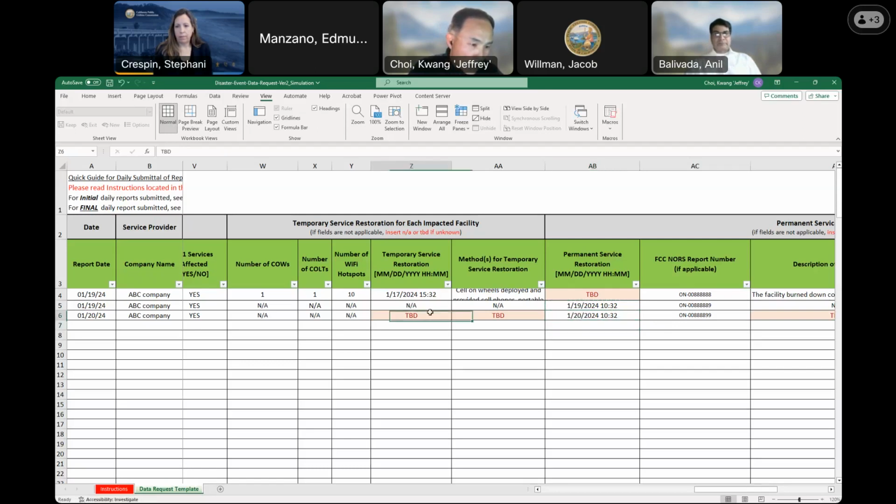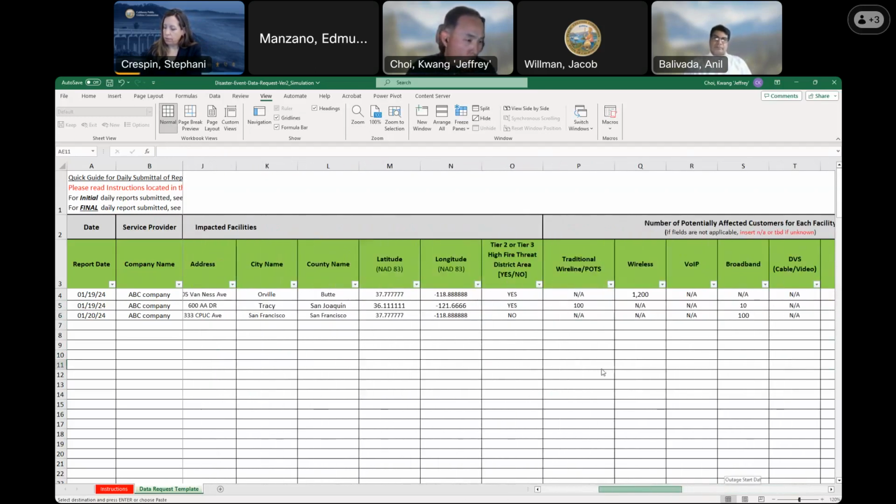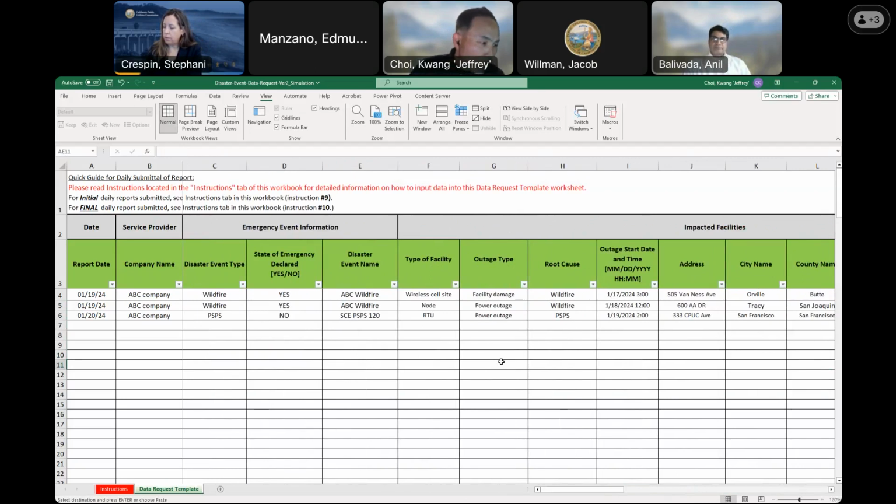And then this one should be the NA. And then maybe if you don't have any comment, you just put NA here. And then send to us as the day 3 data.